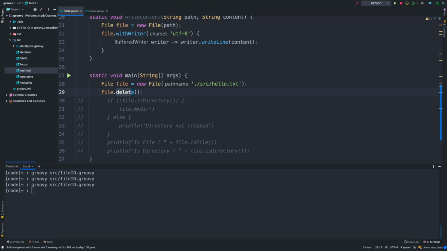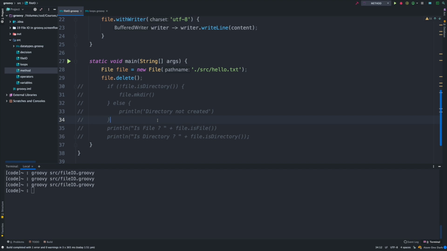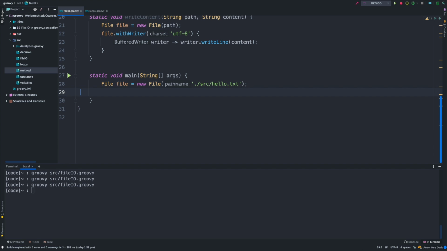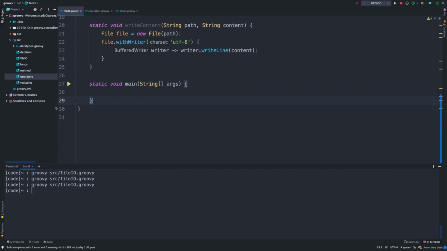Pretty simple. Next operation that we want to talk about is copying files. Groovy also provides the functionality to copy the content from one file to another. And copying files is a pretty common operation that we do on a daily basis when using a computer. So I think I'm going to remove all of this content. Perform copy operation using computer. What we do is we copy a content from one file and paste the content to another file. So we're going to need two files.